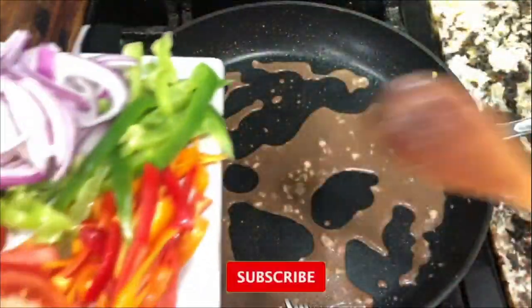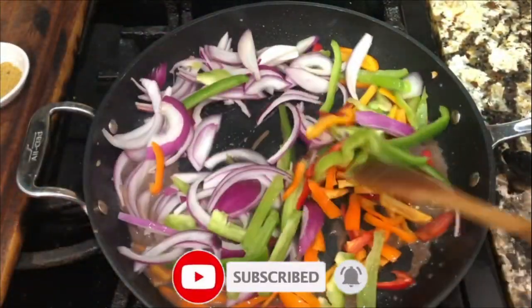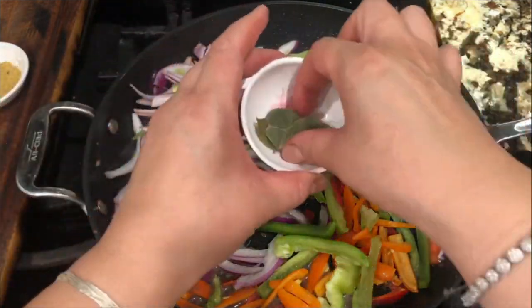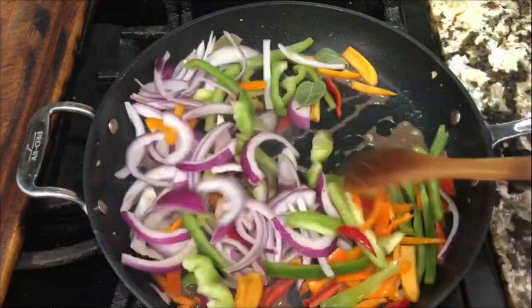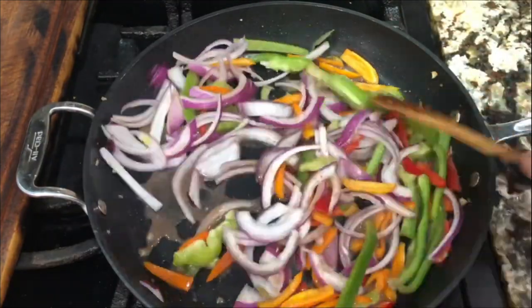Now I am ready to add the peppers, the onion, and I'm going to saute them for just a little bit, maybe for a minute or two. And now I'm ready to add my bay leaves. These are small bay leaves. Once I add them and everything is nice and incorporated, I'm going to go ahead and, of course,